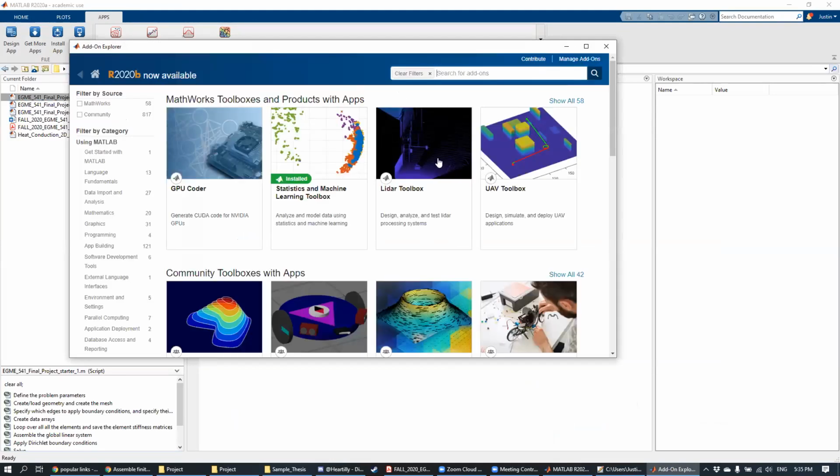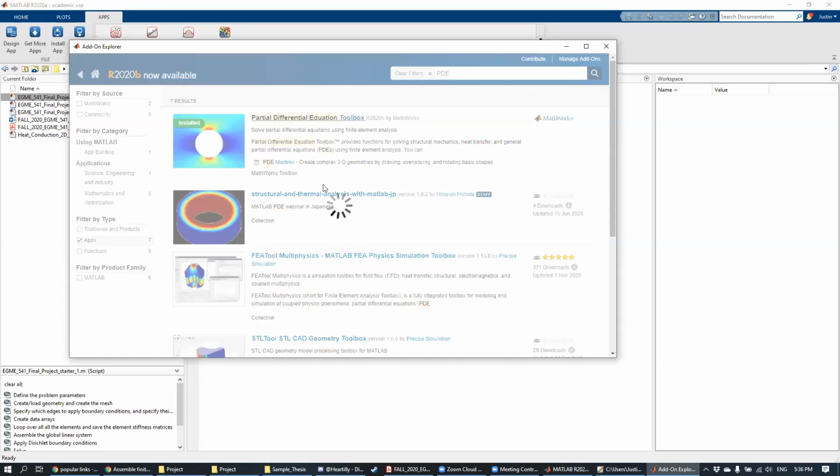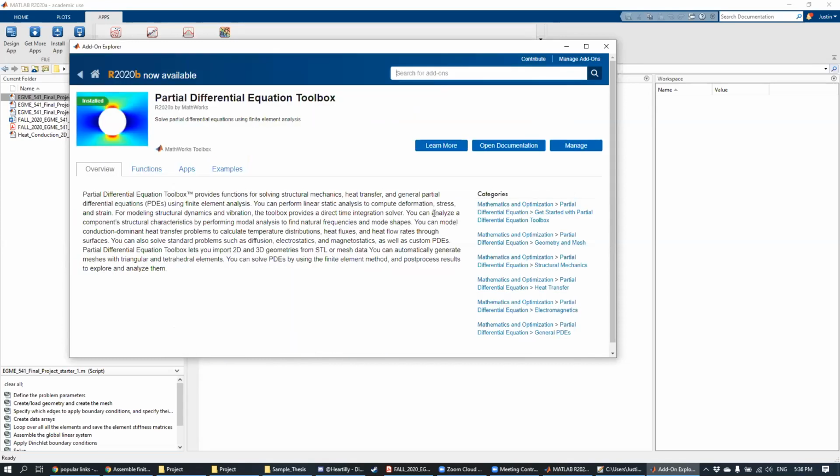And then from here, it's almost like the iTunes store, but for MATLAB. It's kind of funny how everyone has the same structure for that now. In here, you're going to search in the search bar. The toolbox that we want is called the Partial Differential Equation Toolbox, and the short for this is just PDE. So if you search PDE in the search bar, it should be the first toolbox that you come across. Click Partial Differential Equation Toolbox. I already have mine installed, but once you click this, there should be a button for you to install. Okay, that's the first thing that you should do,